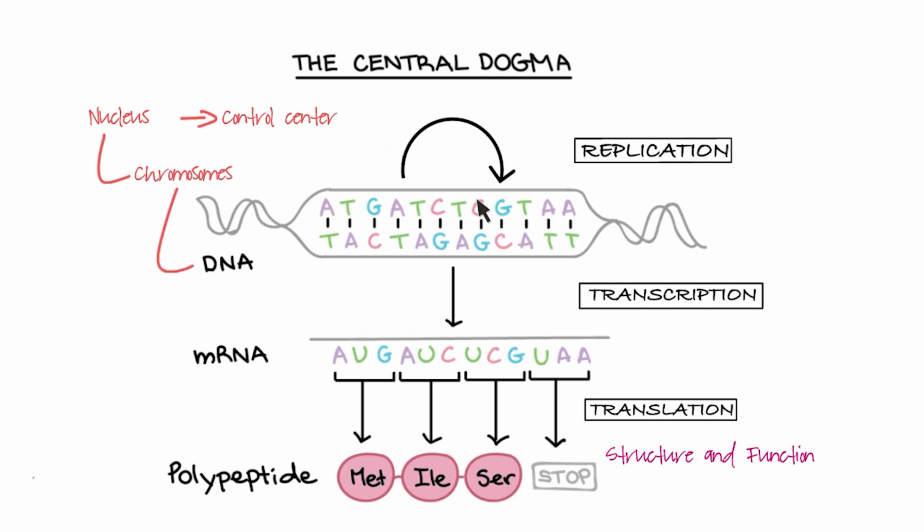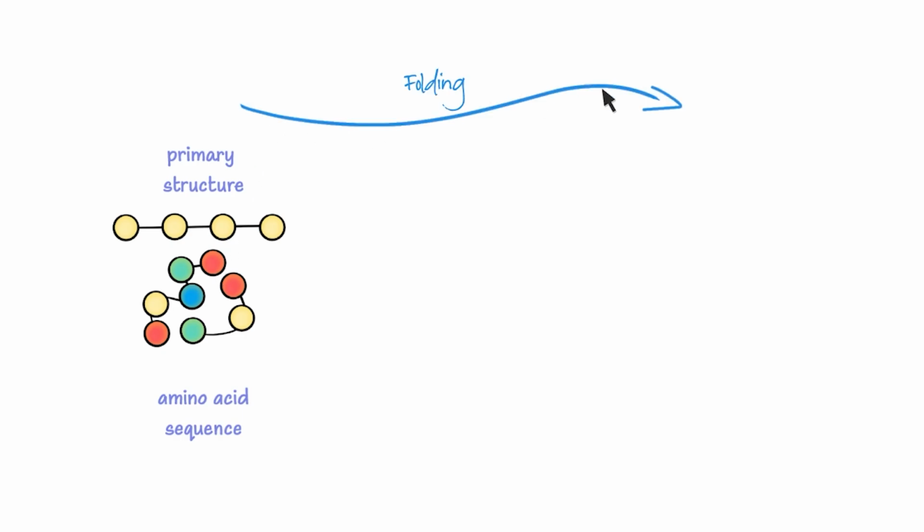Now, once the DNA has been transcribed into mRNA, and the mRNA is then translated, what you end up with is a chain of amino acids. This sequence of amino acids is called the primary structure of the protein. Once we have this, the protein still has to undergo various levels of folding to achieve secondary, tertiary, and in some cases even quaternary structures. Okay, so the primary